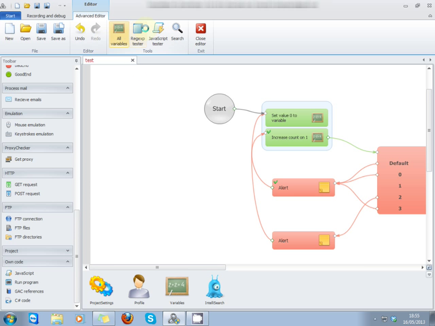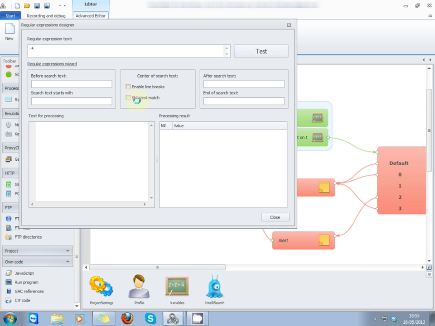But say to it I put, I don't know, colon ABCD colon EFGH comma 1 2 3 4 colon comma semicolon GHTX colon. Right, say to it I want to get ABCD. Before the search text there is always a colon. After the search text there is another colon. So we can press test, and here,